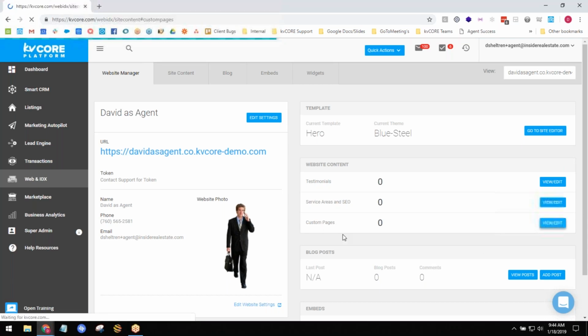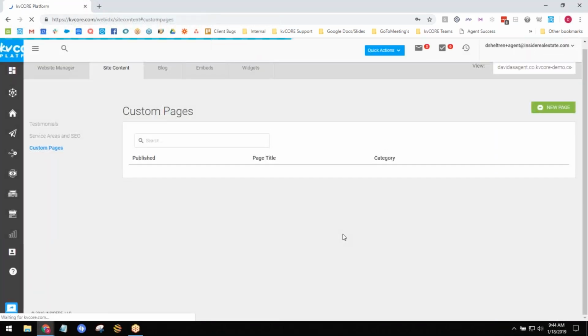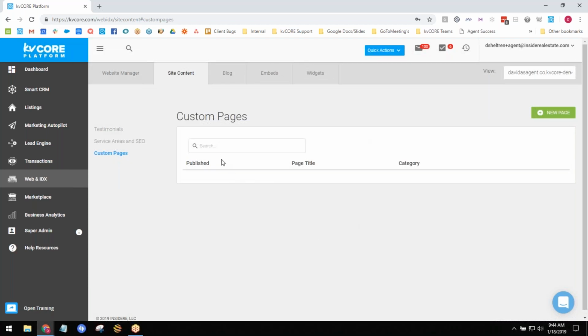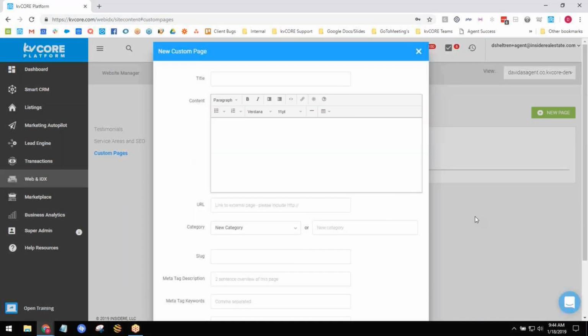This is really great for custom content, right? So for buyer resources, market reports, analytics, vendors that you work with, mortgage lenders, title, home inspectors, plumbers, everything that you want to do to make your website very robust with content. It is going to improve some SEO, so you're going to get some click-throughs from that. But for the most part, if you wanted to create one, you just go in here to custom pages, click new page, and give this thing a title like buyer resources. And then we just need some content here. Content goes here.